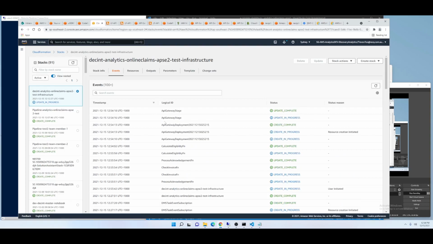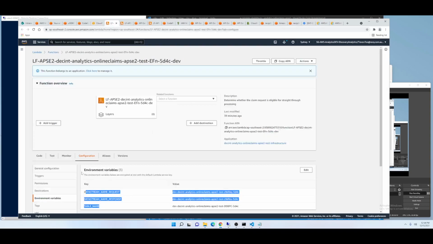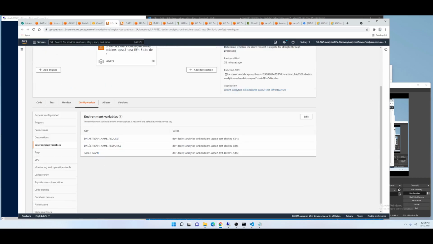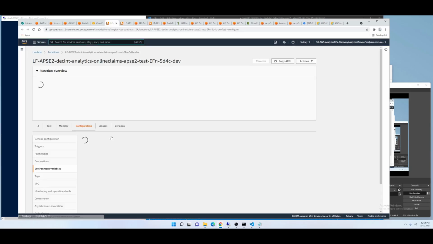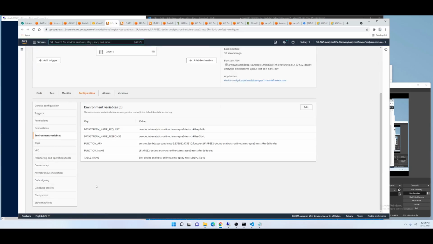Okay, so now that calculate eligibility function should have been updated. If I go back over here, at the moment I only have 3 and I expect to see 5 when I refresh now. Okay, so now I've got function name here. That's the function name, and here you've got the function ARN, which is that full ARN string, which stands for